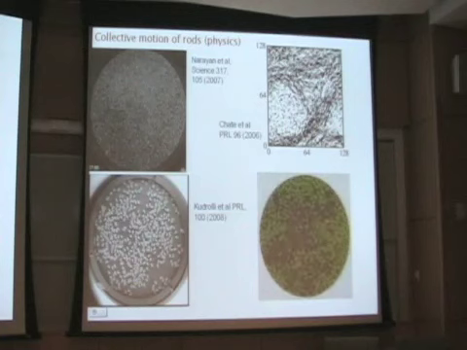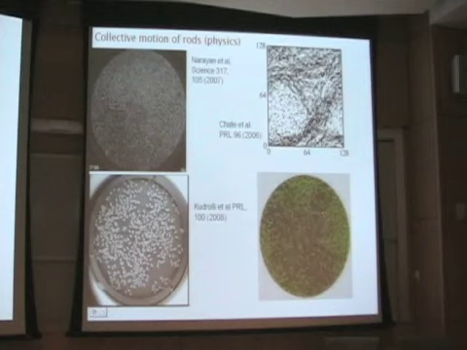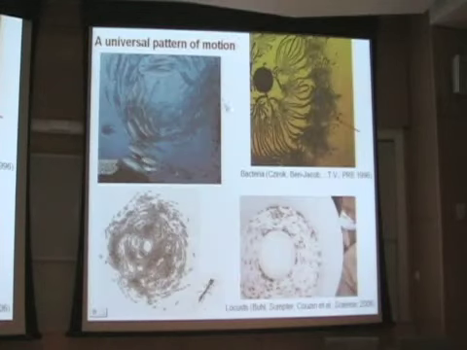This is a nice simulation by them about this. This is just a still picture by Chaté et al. about nematic, elongated particles producing some sort of coherence. So there are all sorts of patterns. And now I'm briefly talking about a single pattern. So there are various patterns, and I would like to say that all of them are universal